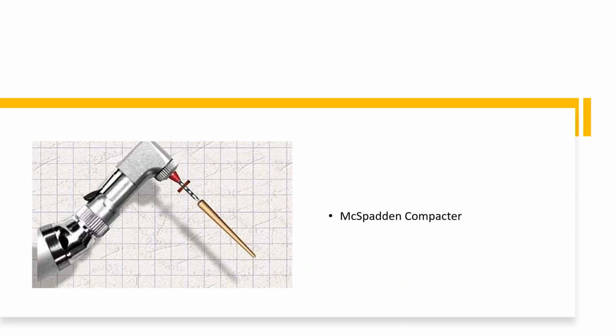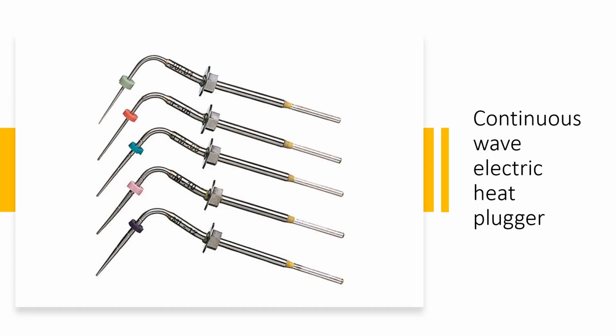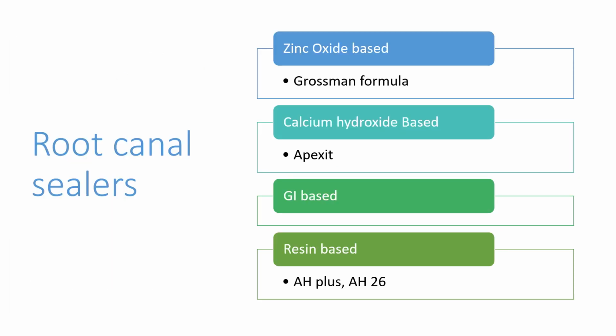This is called the mixed pattern compactor. And this is all from an image based point of view. No need to learn the mechanism and all those things. At least if they give an image, you should be in a position to find out what it is and where it is used. Then lastly, read a little bit about root canal sealers.